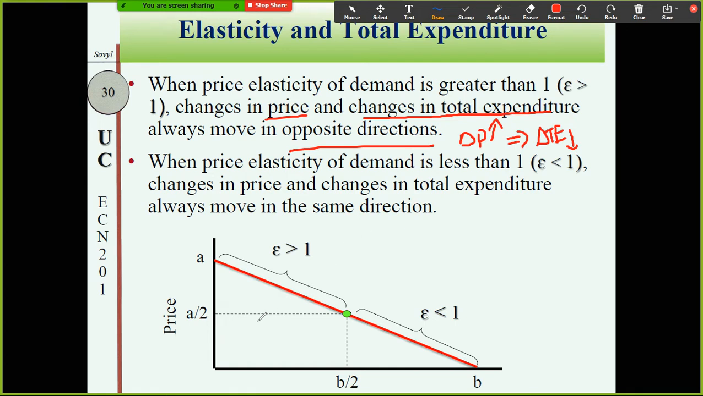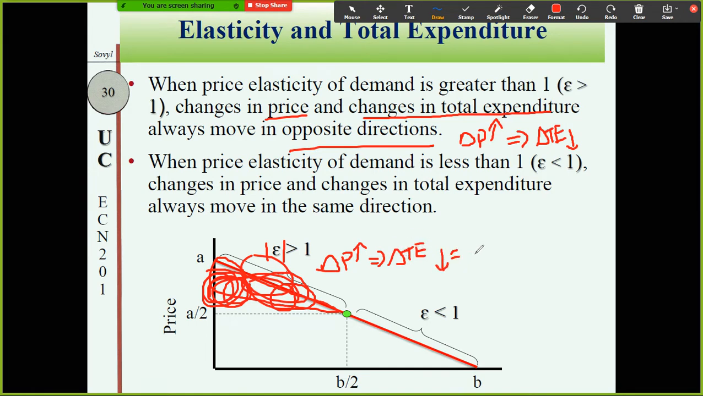It is elastic if the price is higher than the midpoint price, around this area. That's why you can see the absolute value is bigger than 1. So around this area, when the price goes up, the change in total expenditure goes down, and the same for the change in total revenue, which also goes down because they are the same here. Okay. The other case, when the price elasticity of demand is less than 1, that means inelastic,